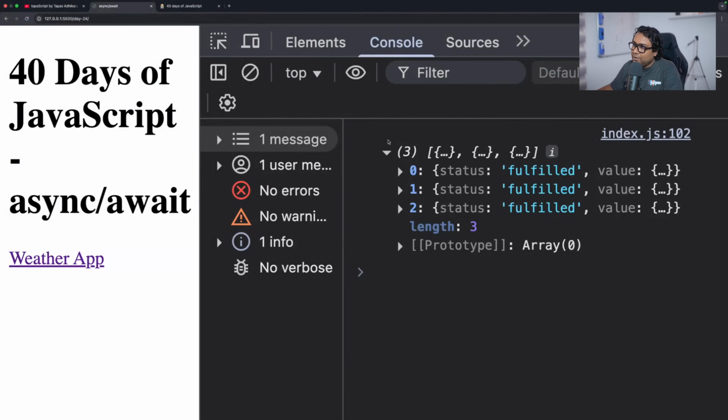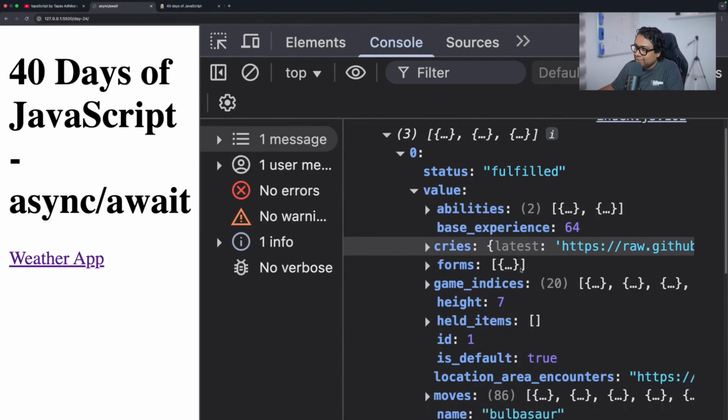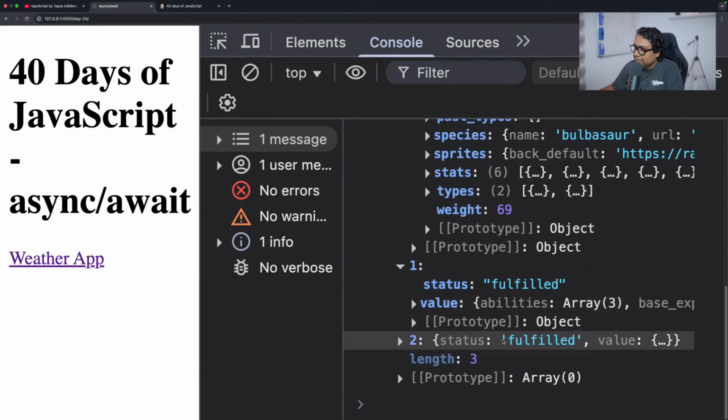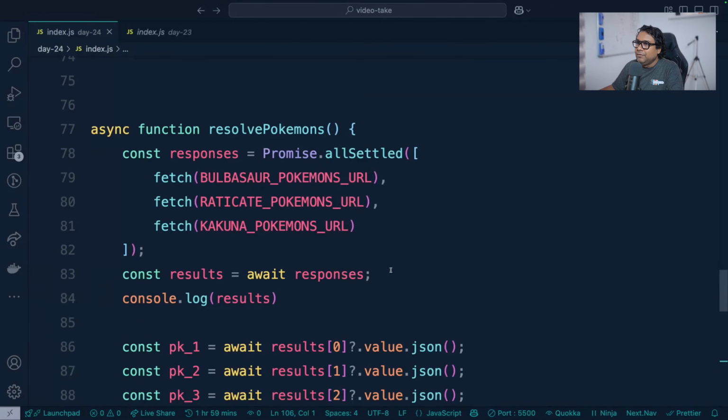So I have an array now. If I expand, status is fulfilled. The value itself is now the direct Pokemon related details. See, it's direct Pokemon details. Go to the second one, it's Pokemon details. Go to the third one, it's Pokemon details. Amazing, isn't it? So what you have done over here, if you just compare between version 1 of the